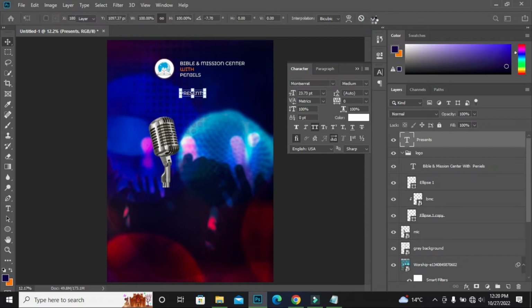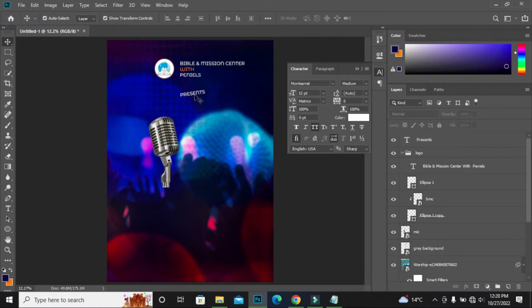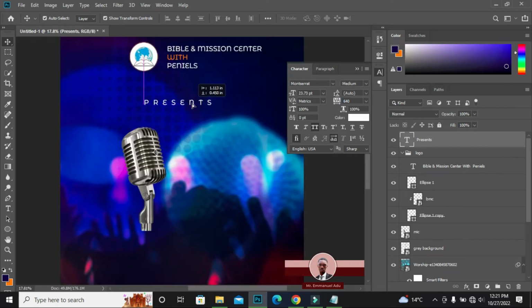So in order for you to spread the text, I have to come here, just select the present and choose the V over there and just increase it any way you want, but not too much, because too much of everything is bad. Something like this, it's actually not bad. Yeah, a little bit like this,